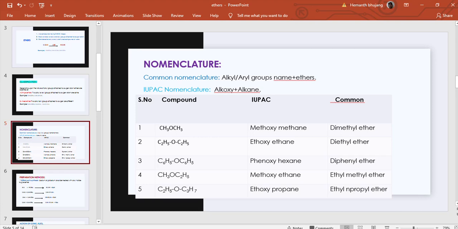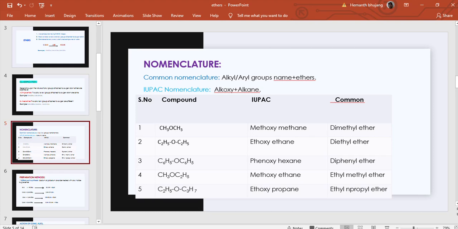Now, sometimes apart from alkoxy, we may have an aryl group. So name the aryl group and then add the word alkane, alkene or alkyne to give the IUPAC nomenclature. Now let us see the common as well as the IUPAC nomenclatures of a few compounds. See, the first one is CH3OCH3. The IUPAC nomenclature is,